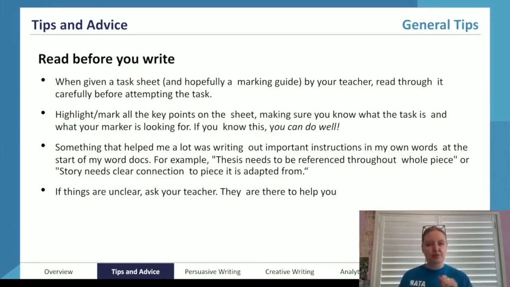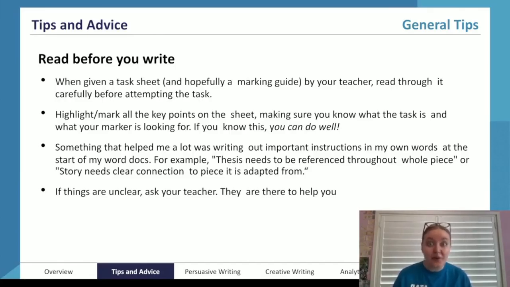What are the words that are repeated? So I find that in a lot of English marking guides, you'll see the word discernibly in there a lot, which tells me that all of the choices you have to make as an author, as the writer of this piece, need to be intentional. So when you see the word discernibly, you understand that the teacher wants me to be making really intentional choices in my writing in order to get a good mark.